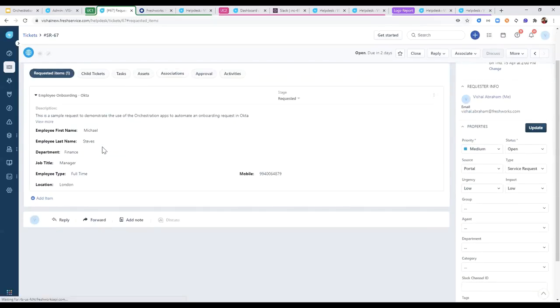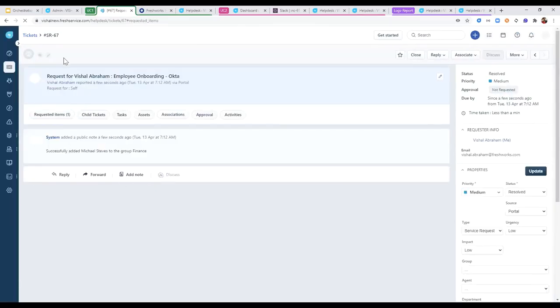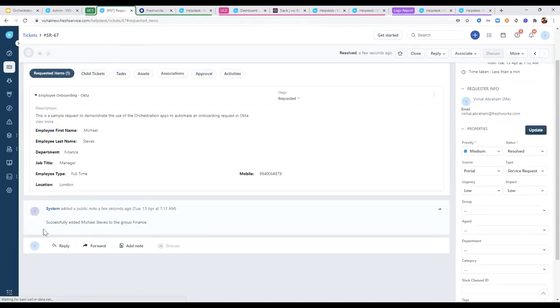And once that request is submitted, orchestration is working in the background to go and create Michael as a user within Okta and add Michael, since he's joined the finance department, to the finance group within Okta. So the ticket has been updated almost instantly. And we've got a confirmation that we've successfully managed to add Michael Steves to the group finance. Now, if you go ahead to Okta and confirm this,